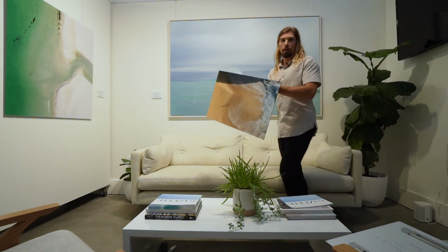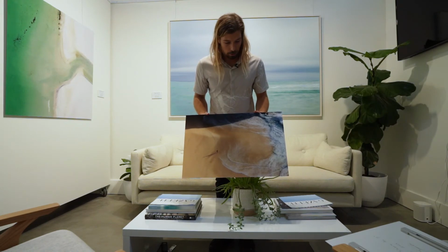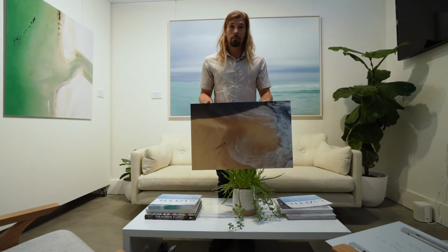This one again is from that series of the Indonesian shores, made from that cliff. And yeah, this one is really powerful. This one's titled Indonesian Shore Number 1. We have a question about the